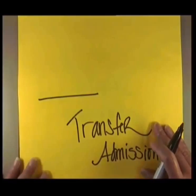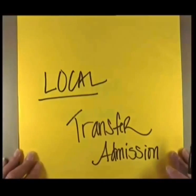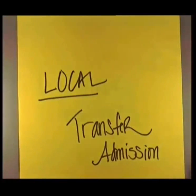Now, in addition to this, I would like to talk about local transfer admission. Okay? With that in mind, if you apply to a major covered by the TAG, you may qualify for guaranteed admission if you complete 100% of your transferable units from community colleges in SDSU's local admission area, or complete 100% of your transferable units from Palomar or MiraCosta community colleges and apply for a program that is not offered at CSU San Marcos. And if you meet the following 5 admission eligibility requirements, they include the following: